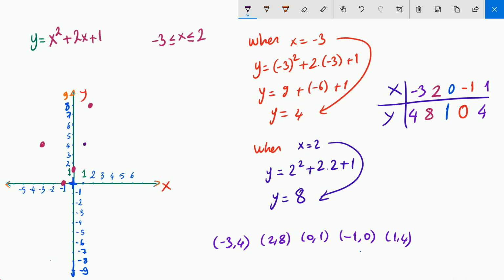So I'm going to start to draw the graph, and the starting point is -3. When I give -3 instead of x, I found 4. So this is my starting point: -3 and 4. My ending point is, I'll just move and go up, and my